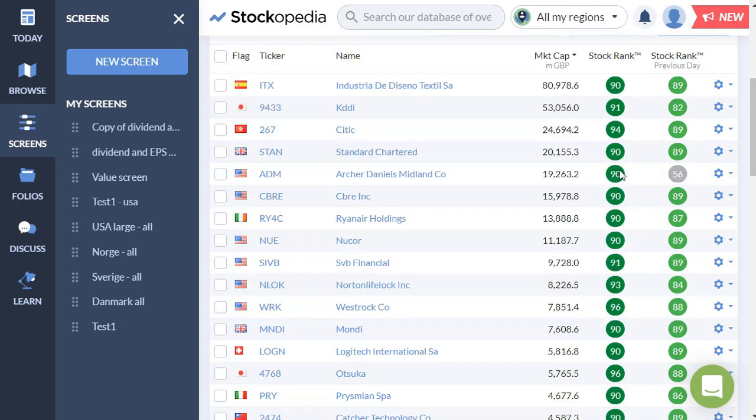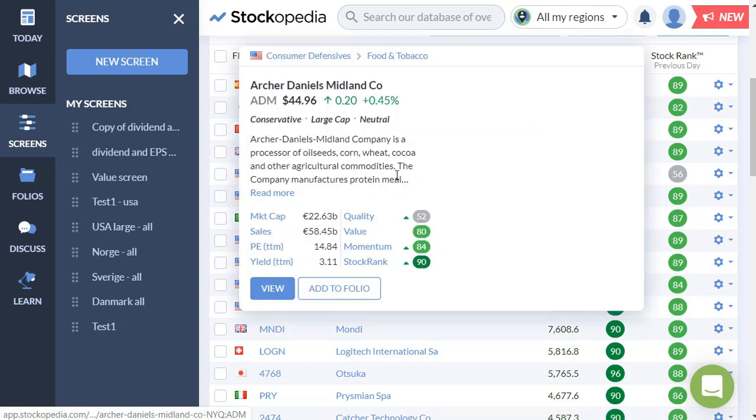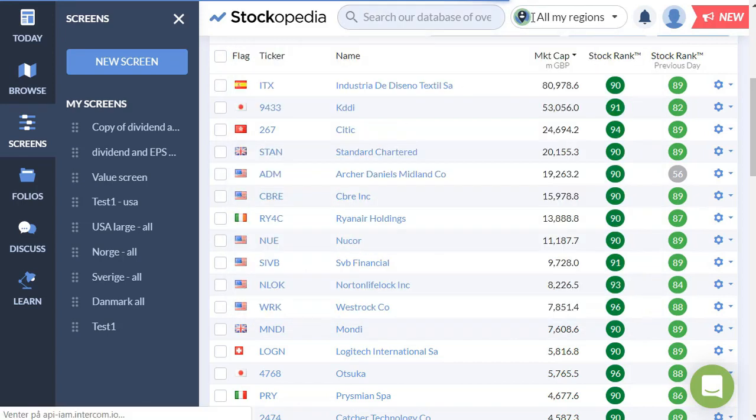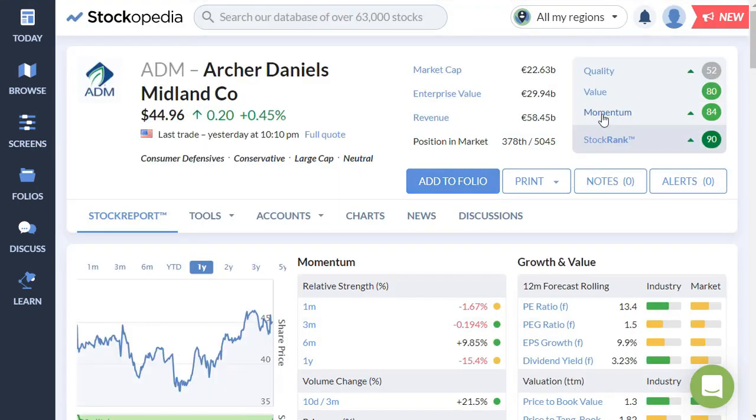It turned from 56 to 90 in one day. So we can go in here and have a quick glance just to see if there's something we like here. Or we can just push it here. Let's see if it comes up. It might be working a bit slow right now, but as you can see, quality 52, value 80, momentum